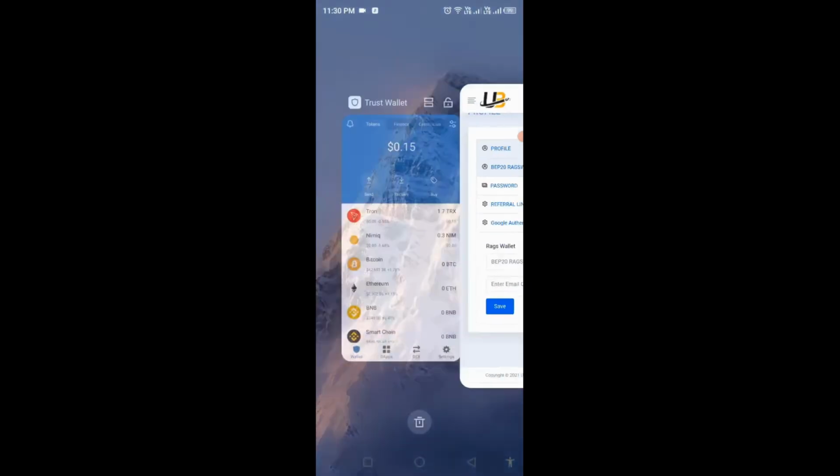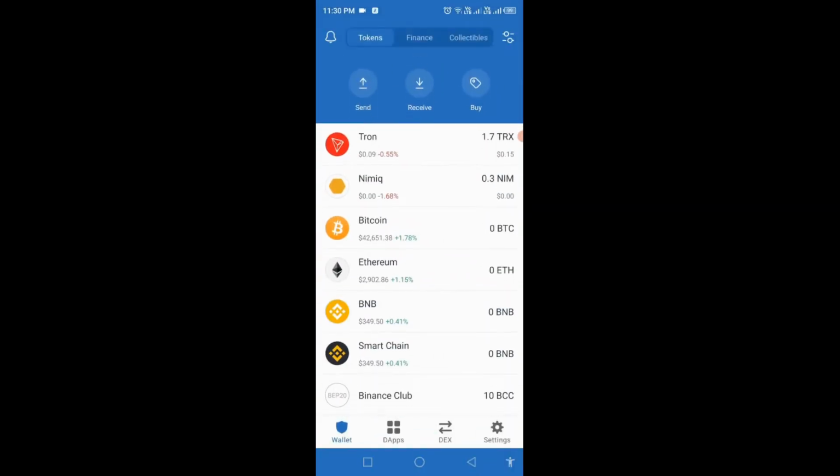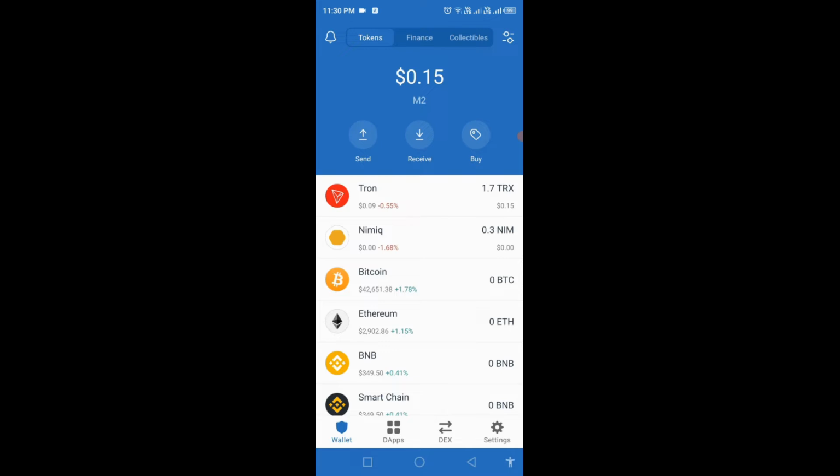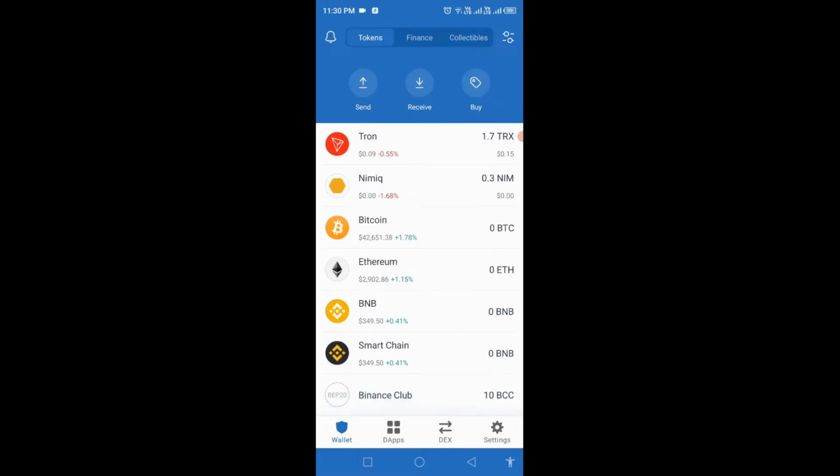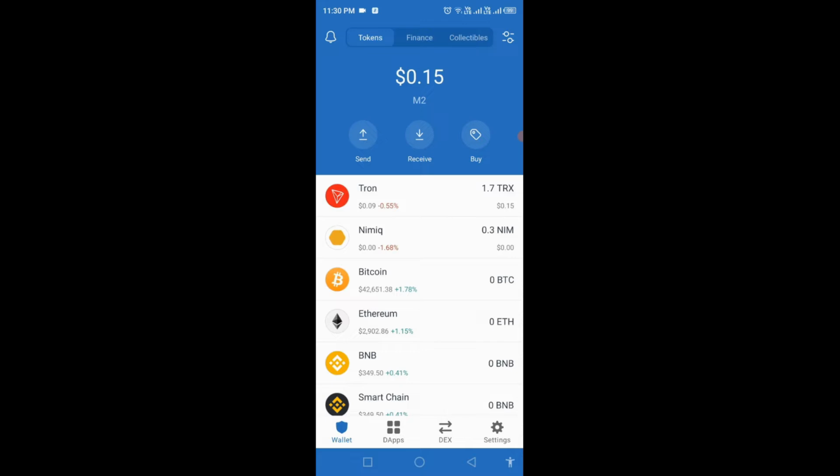For that, go to your Trust Wallet. So this is my Trust Wallet. If you are not aware how to create a wallet in Trust Wallet, I have already posted a video regarding that. You can get a good update in that video. So in this Trust Wallet, see here, we don't have a Rax coin. First we have to import Rax coin in this multi-coin wallet. For that we need a Rax coin contract address. So where we are going to get this contract address?